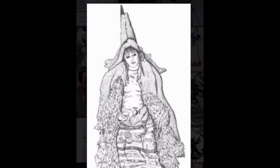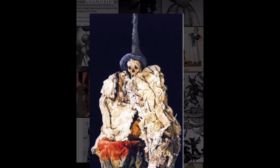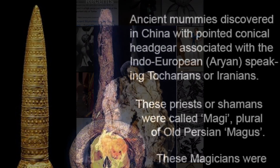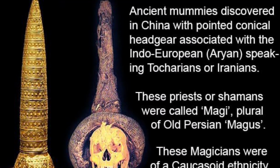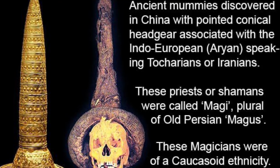And I had to focus on the cap itself because I wanted to find out exactly where the idea comes from. Now, was it something that was introduced to the public by someone with knowledge who knew about these mummified remains and knew about the ancient magi? Most likely. And I went into looking into these magi hats or these magic hats because all of my research